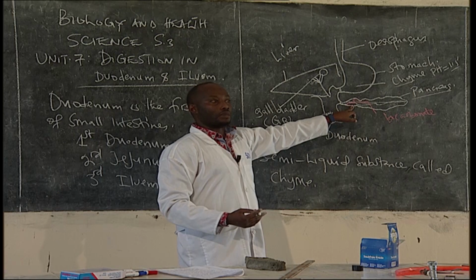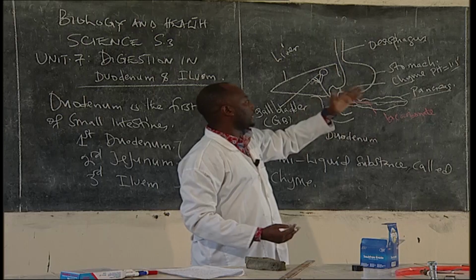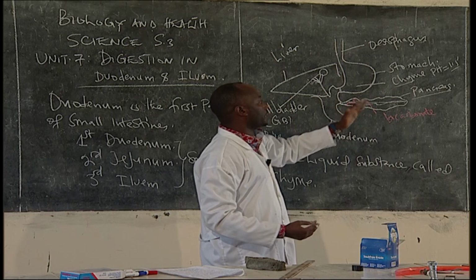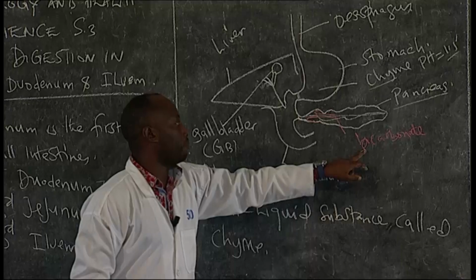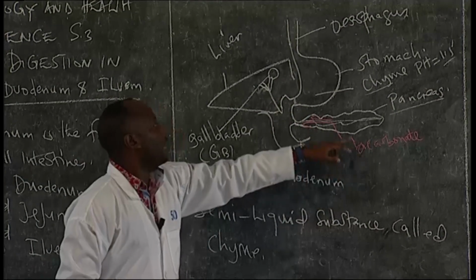These pancreatic enzymes, I mentioned them. We have the amylase, pancreatic amylase, which breaks starch. We have protease, which breaks proteins. We have the lipase, which breaks fats. And we also have bicarbonate, which is also released by the pancreas, which is very important to neutralize the pH